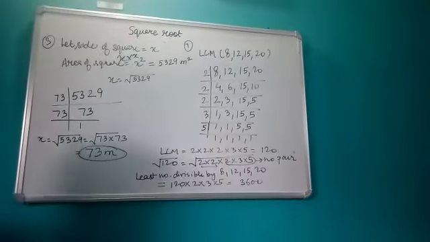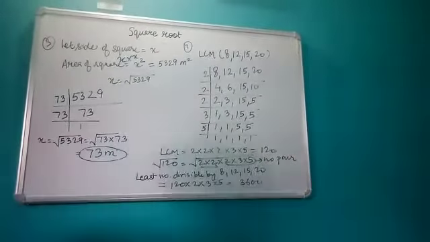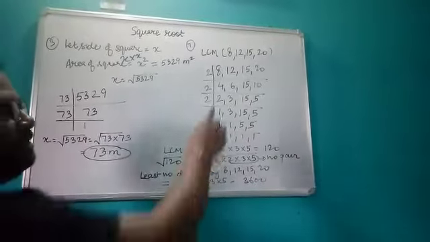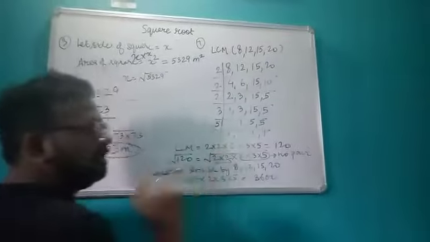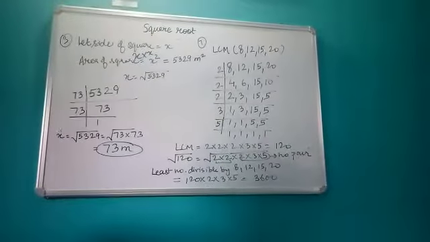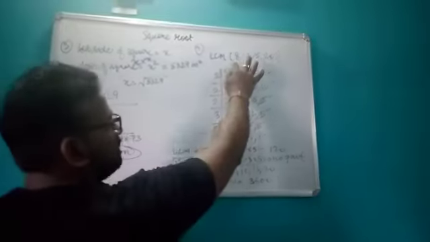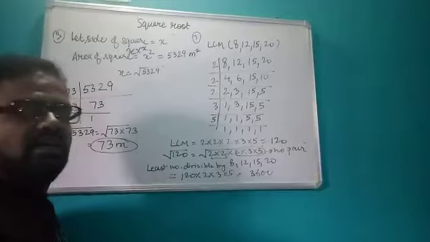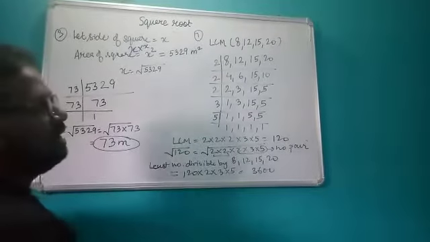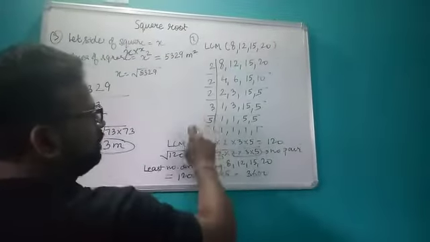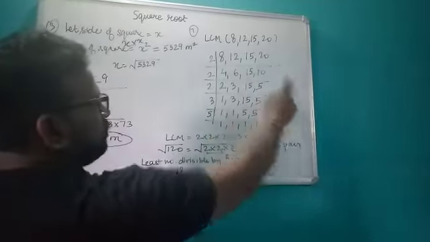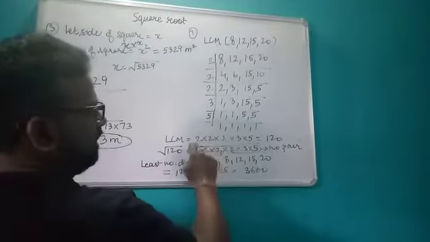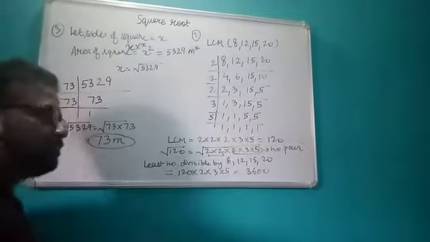Okay. Now in one more type, a few numbers are given and we have to find the least number which is divisible by all these numbers, and that should be a perfect square. So you already knew how to calculate the least number divisible by the given numbers. For that, we will calculate the LCM of these numbers. This is the method that you already knew, the division method to find the LCM of the numbers. So when you calculate, the LCM will be 122.